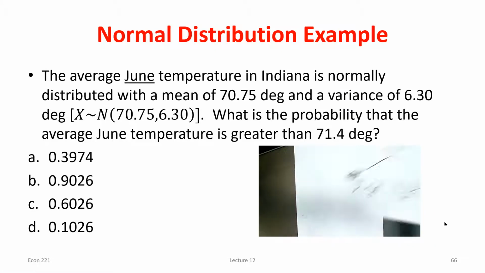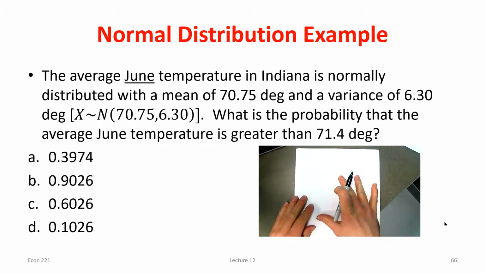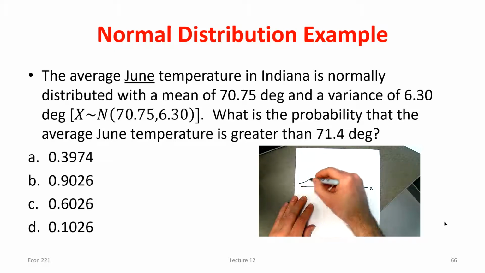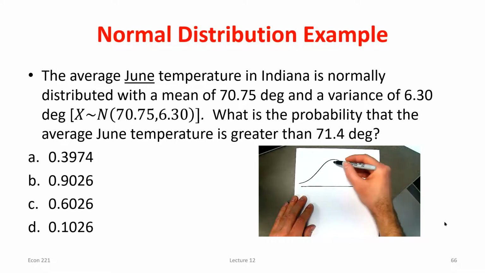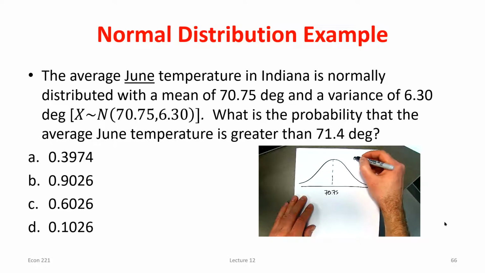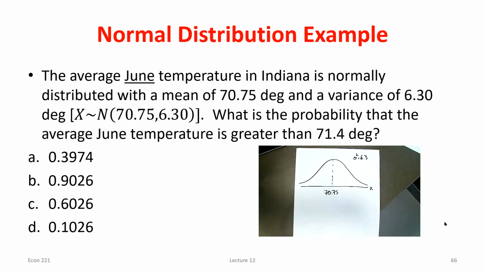So we've got this normally distributed variable x, which represents temperature, has a mean of what? 70.75 and a variance of 6.3. Okay. We then said, what's the probability we see 71.4 or